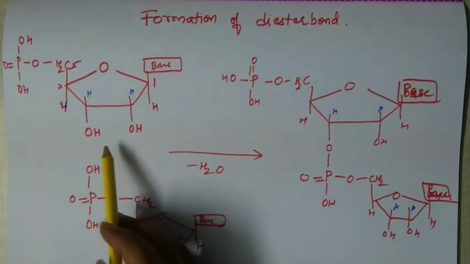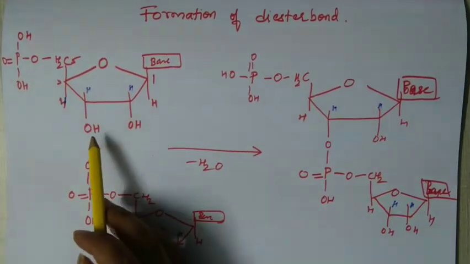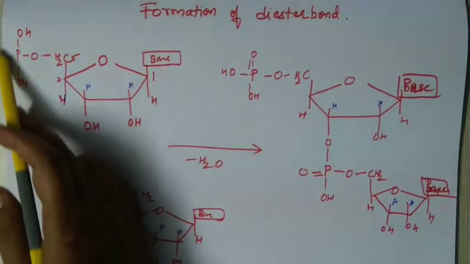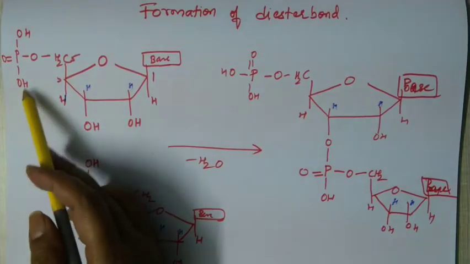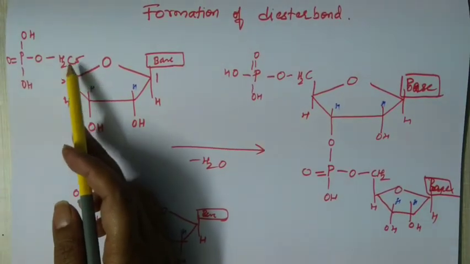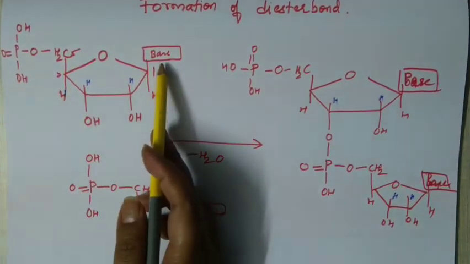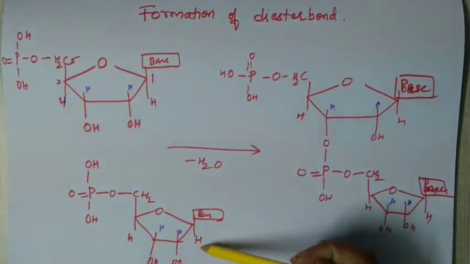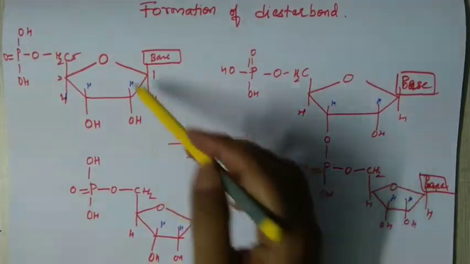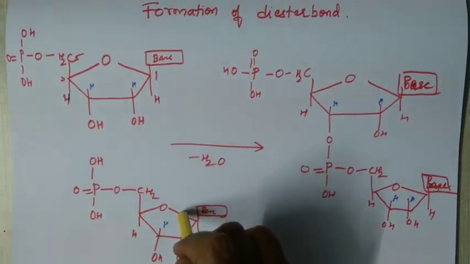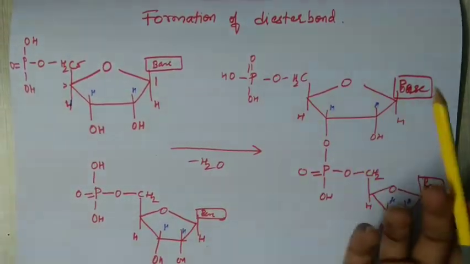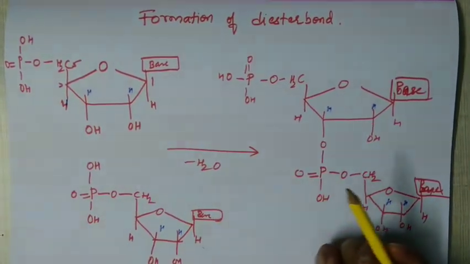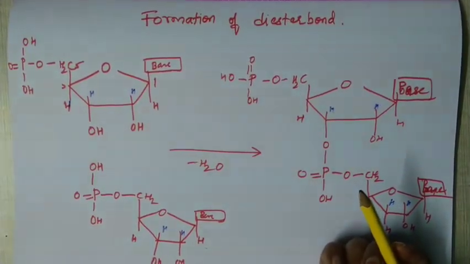So just now we saw how a nucleotide is formed. Nucleotide is what? Sugar, base plus phosphoric acid. I showed you how this bond is formed. To which carbon atom is it attached? To the fifth carbon atom. And where is the base attached? To the carbon number 1. So I have another nucleotide here. These two nucleotides react with each other to form a polymer. They continue to react, a large number of them, to form a polymer, a polynucleotide.